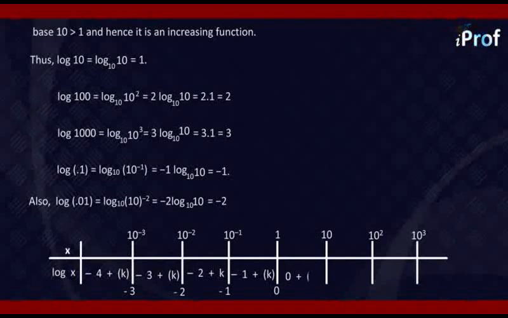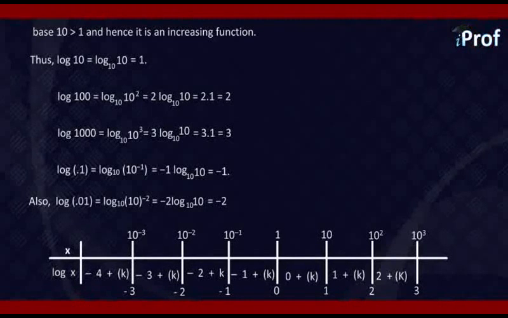At 1, log x is 0. At 10, log x is 1. At 10 square, log x is 2. At 10 cube, log x is 3. And in between them, it will be these values plus some fractional part, that is a fractional part which lies